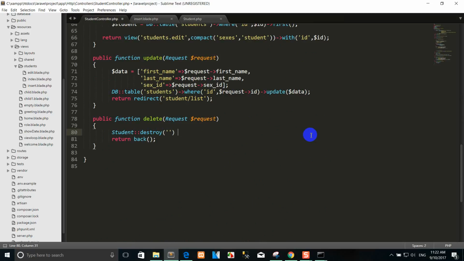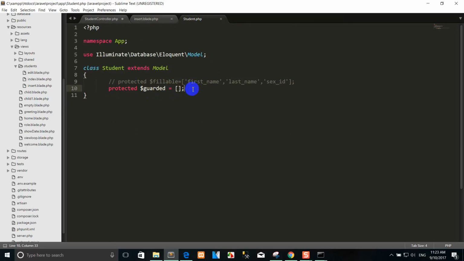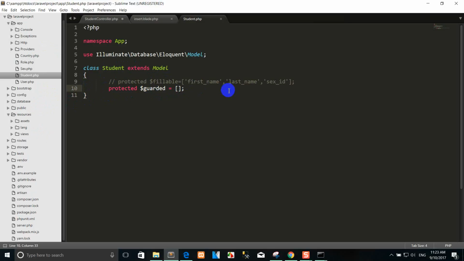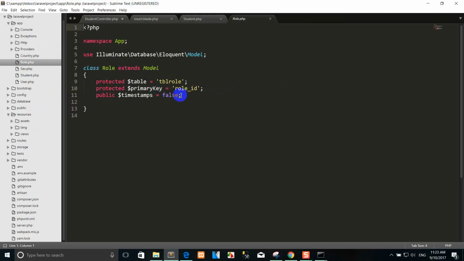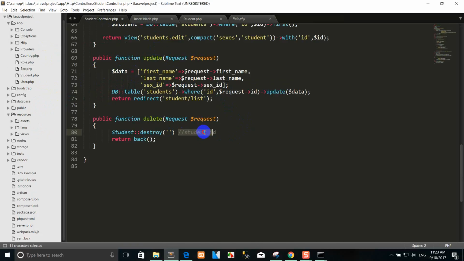Okay, you can use it like this, then destroy. If you use the ID like this, for example student IDs, it means that you cannot use the method destroy. You must use protected. You must protect the student IDs, because if the table has no ID. You can use the row that I created for you before. Right now the table student has an ID, so as a request,